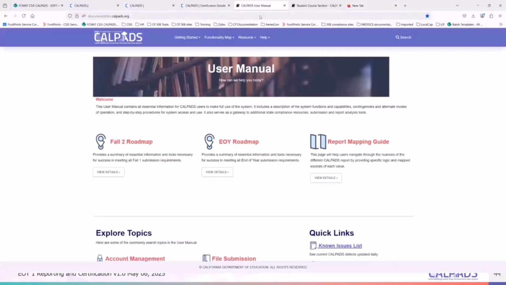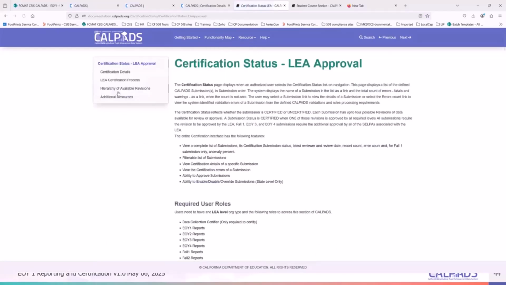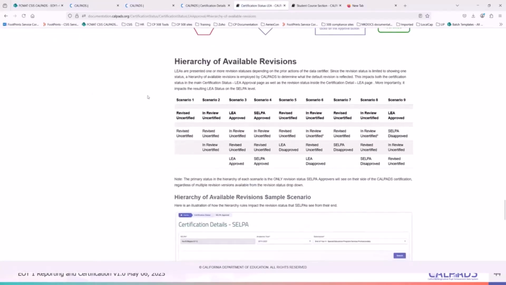So in the CalPads user manual, if you go to certification status and LEA, we have this hierarchy. This represents the default status you have based on your scenario. So if you still have it on revised uncertified, whenever a new snapshot generates, you will still be on revised uncertified.